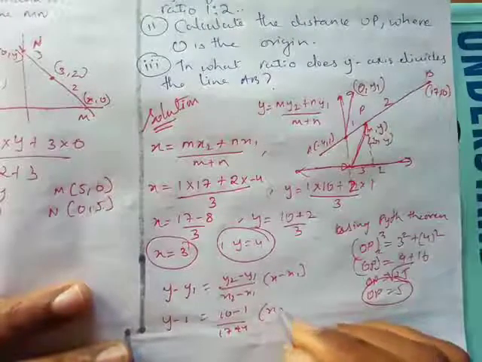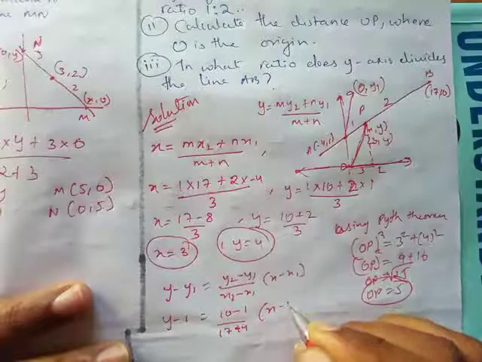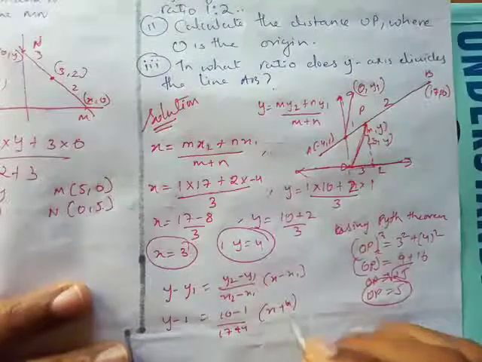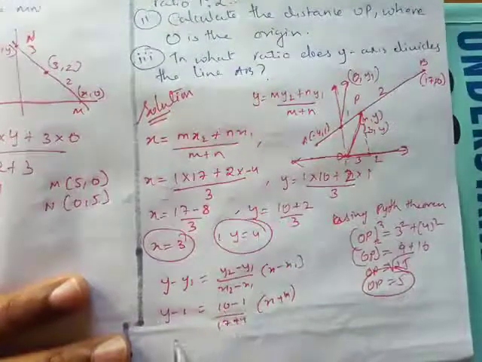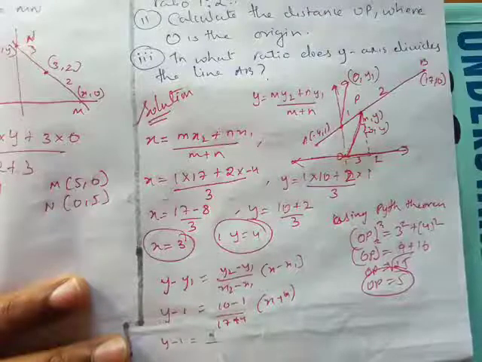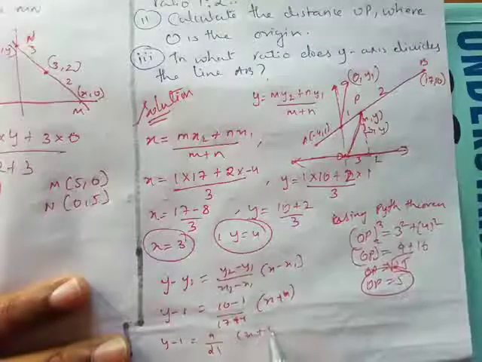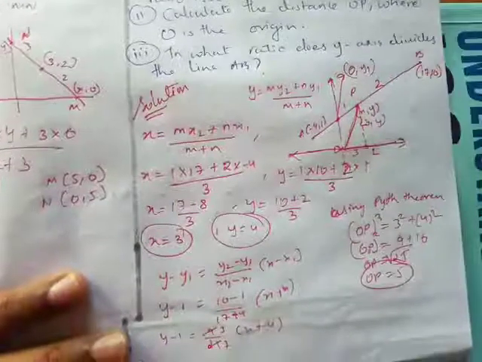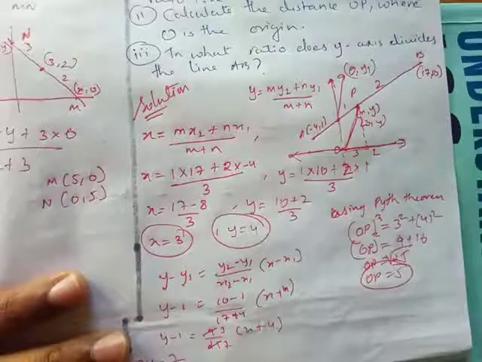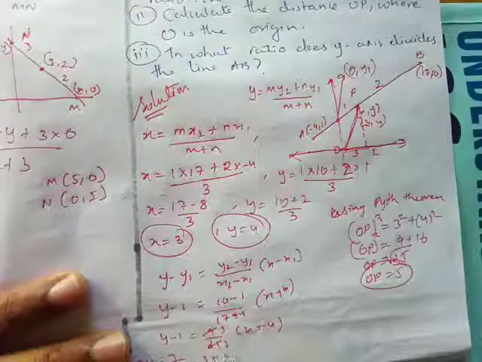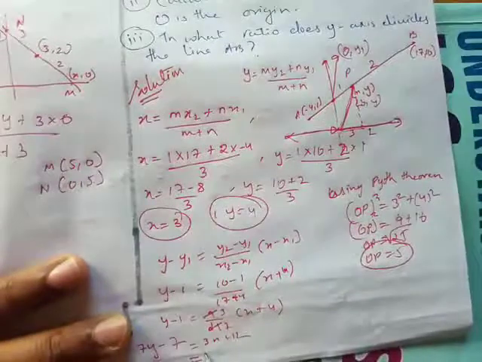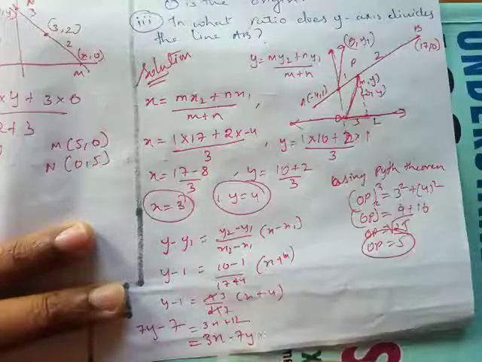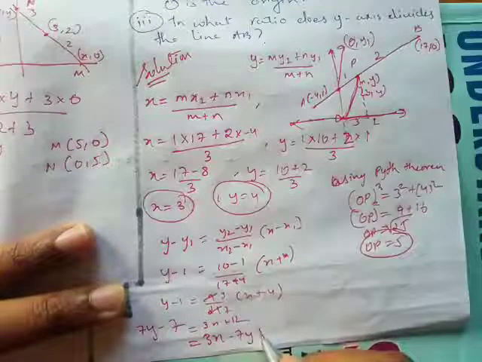So this is going to be x minus x1, which is minus 4, that's going to become plus 4. So I have 9 upon 21. y minus 1 equals 9 over 21 times x plus 4. 9, 3 3s are 3 7s are 7, goes on that side, so it's going to be 7y minus 7 equals 3x plus 12. Now I can shift everything on one side, so it's going to be 3x minus 7y, and minus 7 is going to go on that side and become plus 19.